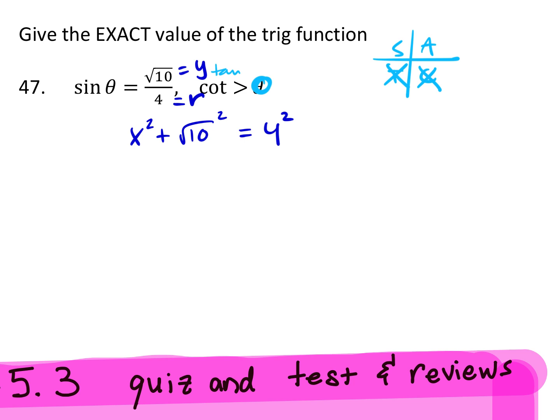So if tangent is greater than 0, it means that it's positive. What quadrant are we in? The first one. Everything's positive. So we'd be in quadrant 1. So that tells us that our x is going to be positive also. So we would just find x, and